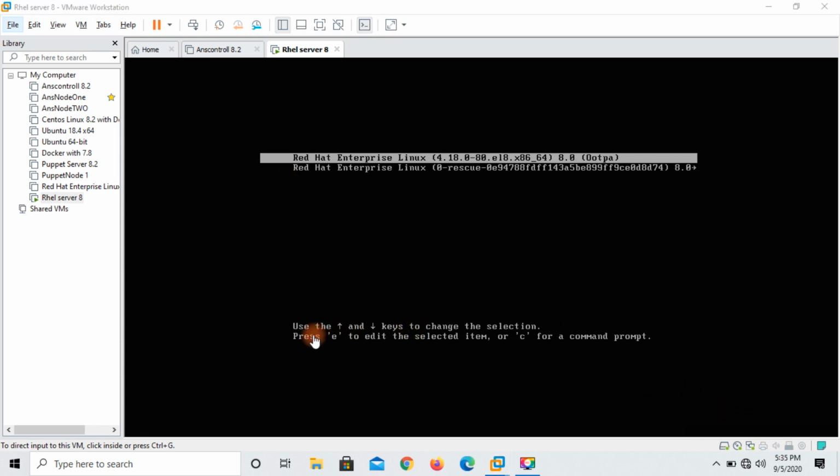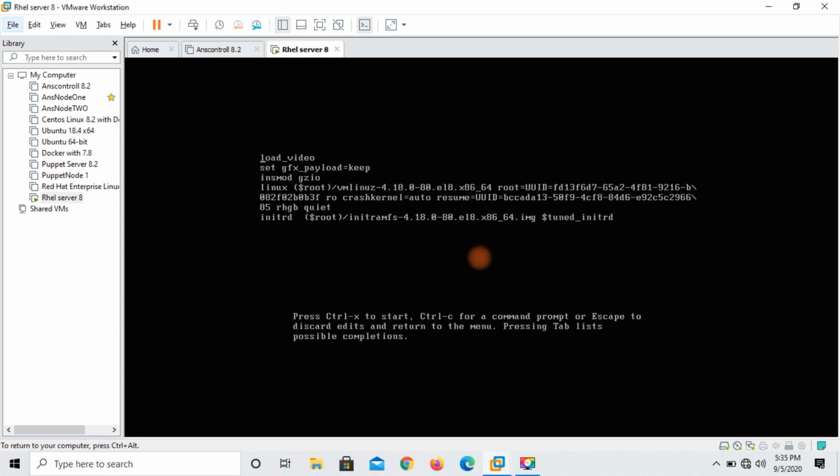See my RHEL screen, guys, be careful. If you want to stop your booting process, then you press the up arrow and down arrow, then you press E. After that, you can edit your kernel line. This is my kernel line, and at the end of the line, after the quiet option, I will type a command